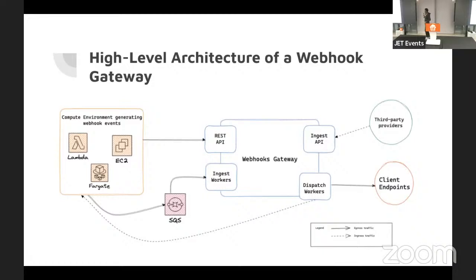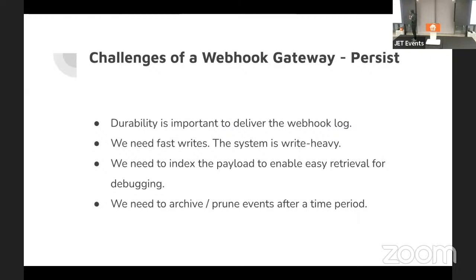But yes, on a high level, the challenges of a webhook gateway: first, to remind you, you have different systems sending the events to one system as an abstraction because you want to provide a webhook log. And so the first thing you have is persistence.